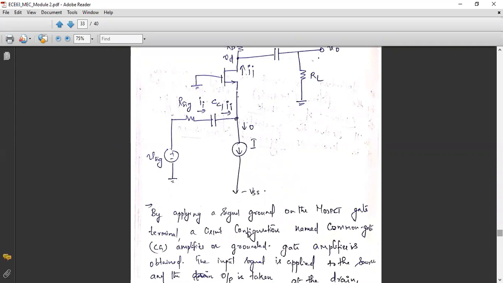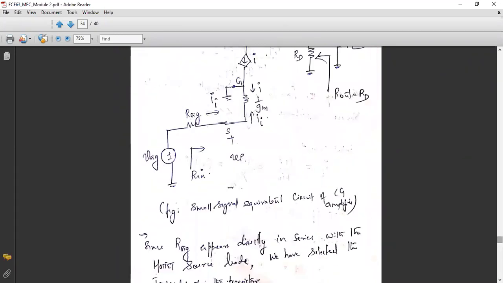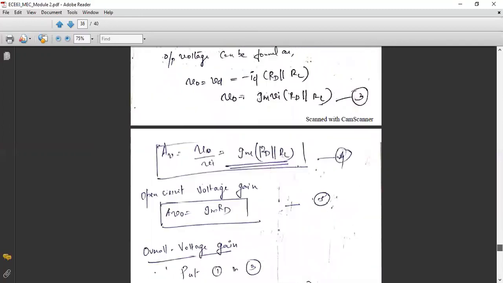Maybe you will be asked for input resistance and output resistance alone. So what you have to do, just draw this diagram, convert it into the small signal equivalent model as shown here, and you just write the equation for Rin and Rout. Or if you are asked to find the equation for these two, that is gain AV and GV, then you have to perform some derivations and analysis and try to get the result.